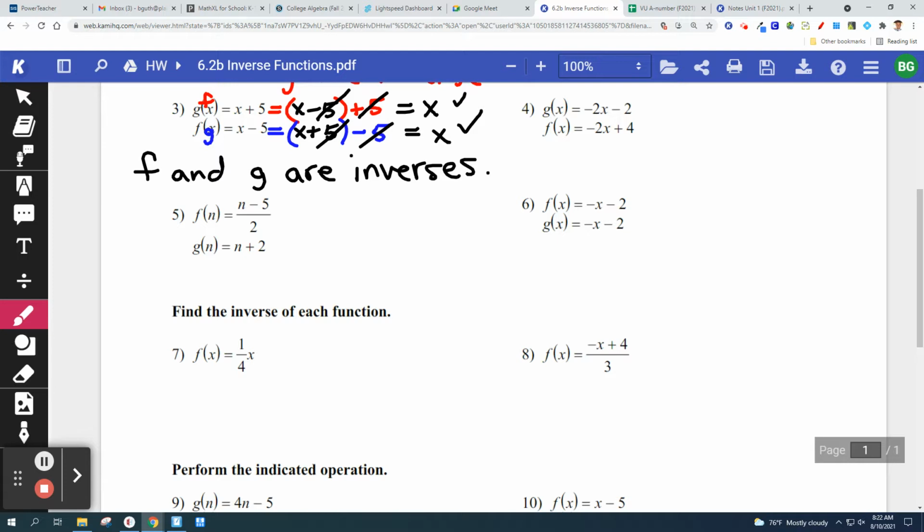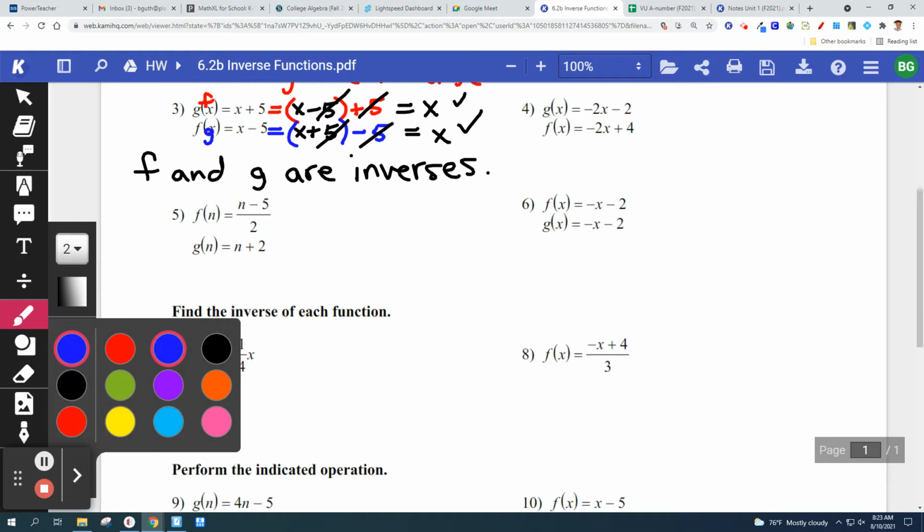All right, so then number 5, you can kind of tell this one's going to be no. How? Exactly. Okay, you can kind of see the top one has a minus 5. There's nothing in the bottom one that's going to cancel out a minus 5. So I can pretty much already tell it's not going to work. But let's show our work